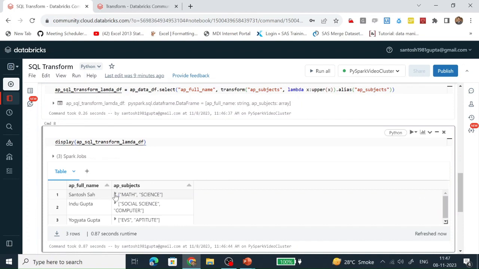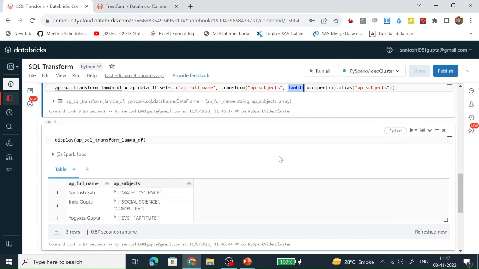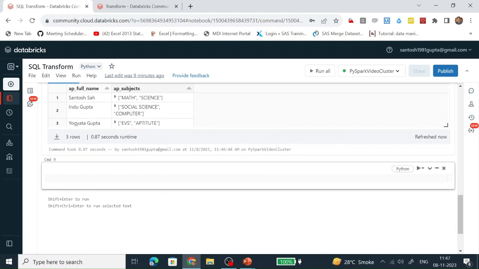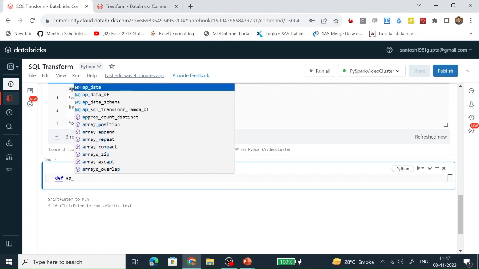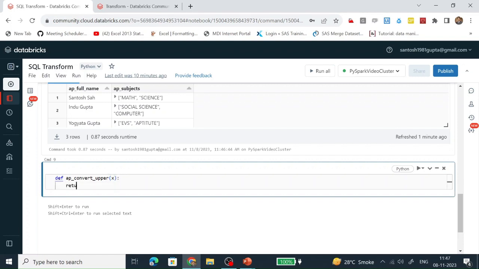Now, we have done this with the help of a transform function. Let's see how we are going to do the same thing by defining a function. So let's define a function ap convert upper, and here we are passing one record, and we are returning upper x.